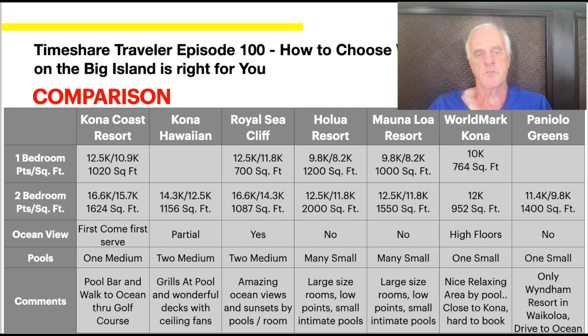Sorry, Kona Hawaiian has two, and there's a private one up on the top, and then there's the middle one. Royal Sea Cliff has two. Halua has many small ones. Same with the Mauna Loa and the Halua. They're like pods. They have two or three complexes of six to eight rooms, and then there's a smaller swimming pool sort of dropped in there. But each one of them has a swimming pool and